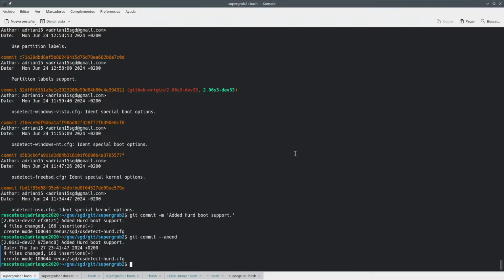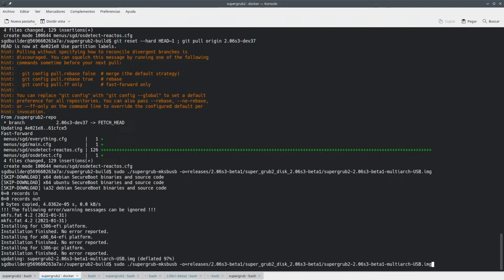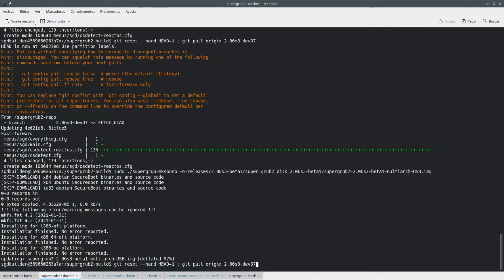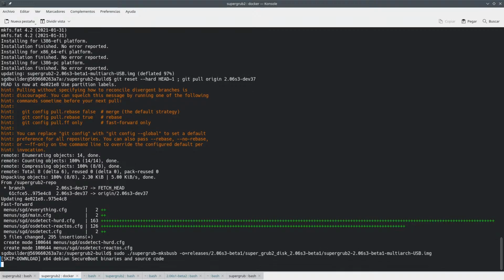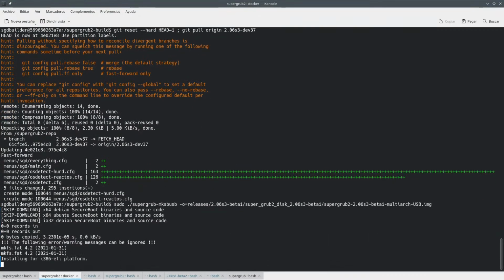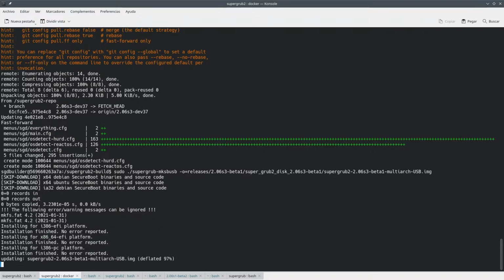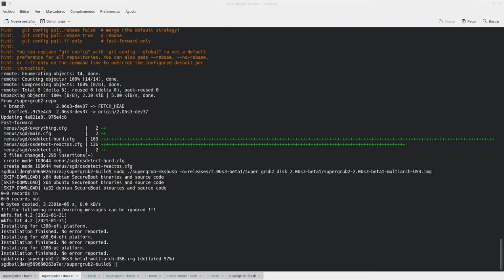So now we should be able to reset. What's the dev7? Yeah, so we should be able to reset this. Just build this thing here. So now we should be able to boot